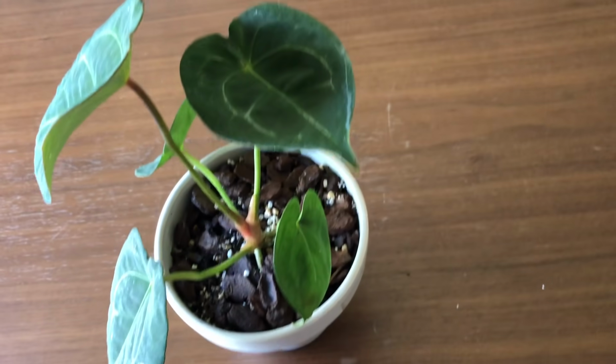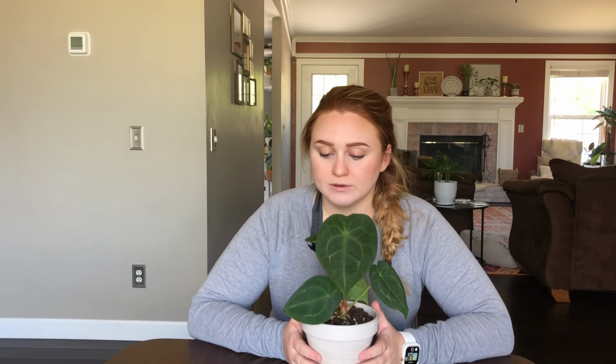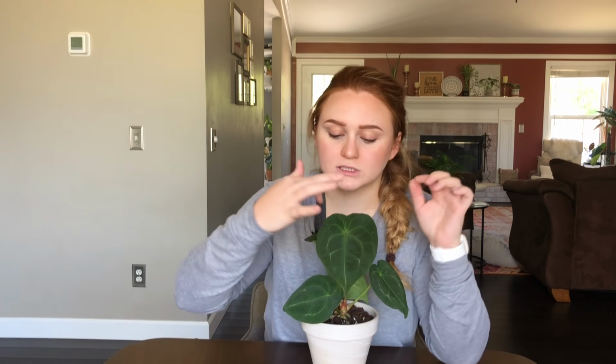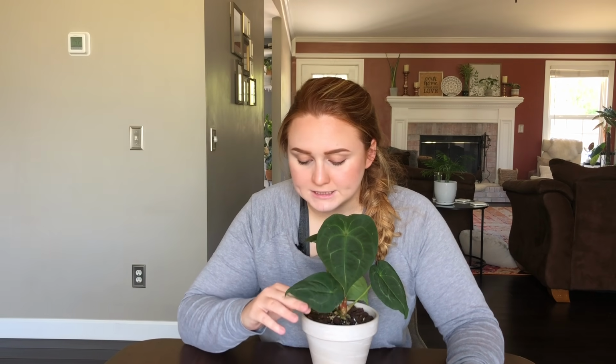And this one's just been an easy one for me. It didn't transition all that much. It showed up and has just done its thing since it got here. And I really like it. I really love the almost completely rounded top. As they mature, I think this part becomes completely circular on the top, but I'm really excited to see that